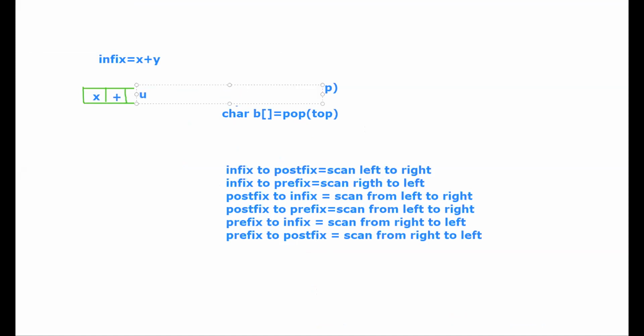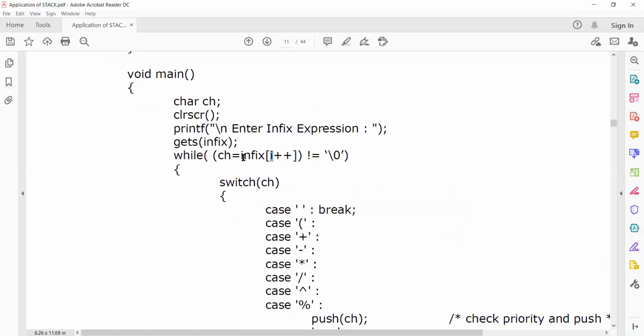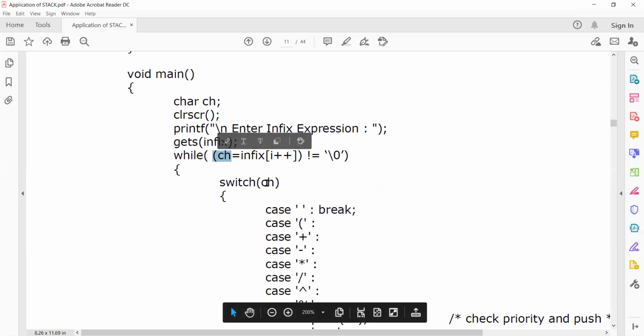Like that it will be, x plus y, with indexes 0, 1, 2. Here infix of i is nothing but x. That's what we are checking. We are placing the x in the character variable, just assigning.